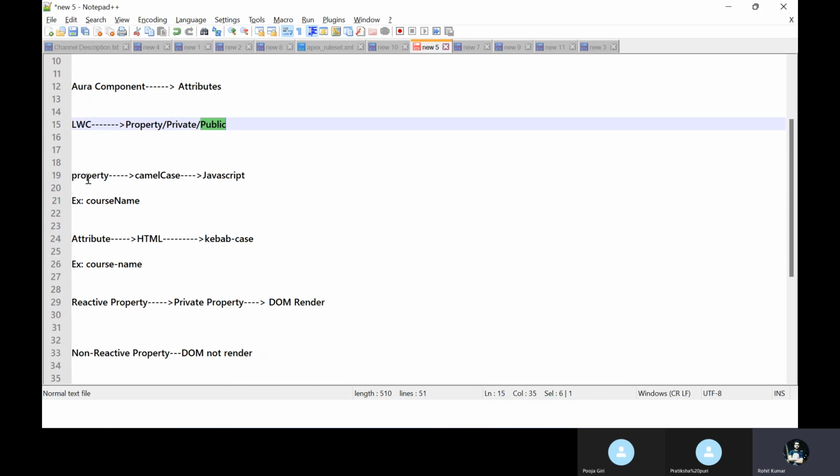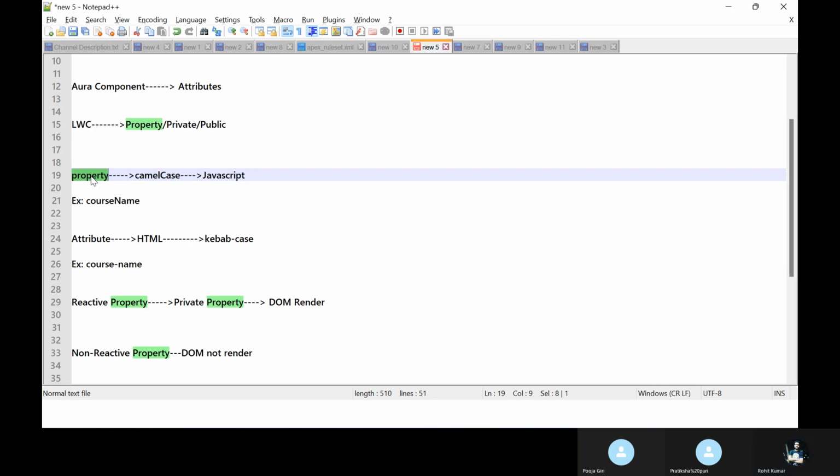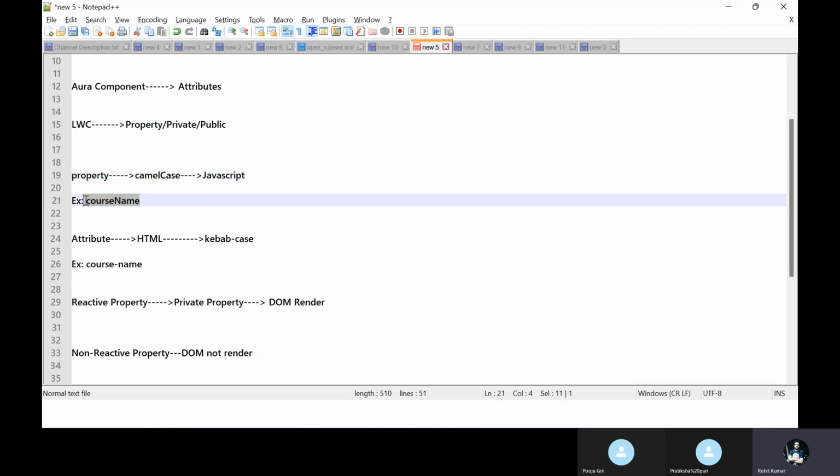And here you can see property. Always remember, this is the naming convention again. If you want to use any property in the JavaScript file, always use camel case. Always remember, like I want to use some course name. For example, you can see my course name like that. This is camel case, right?